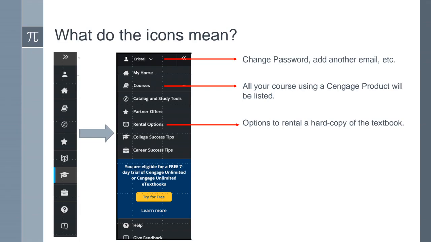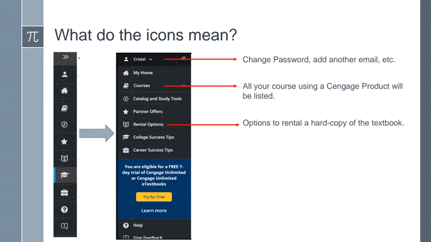One of the things we like to recommend to students is to always change your passwords. If you had a password before, or if you've used WebAssign before, or if you're registering with WebAssign for the first time, make sure you use a strong password, don't share those passwords with anyone, and make sure you remember it.